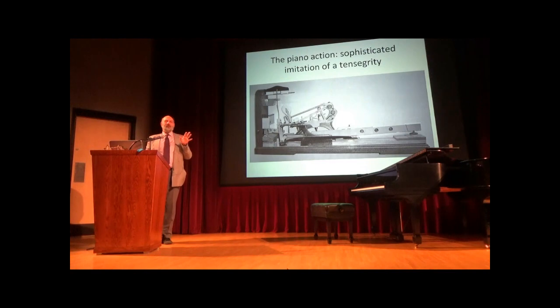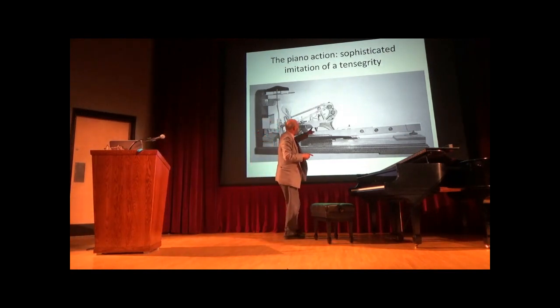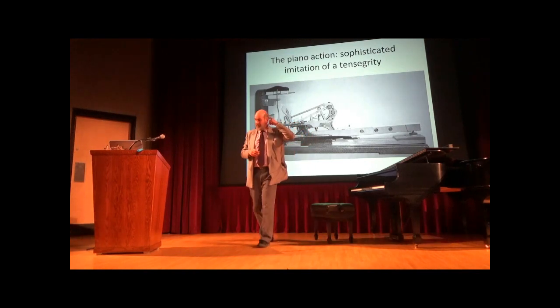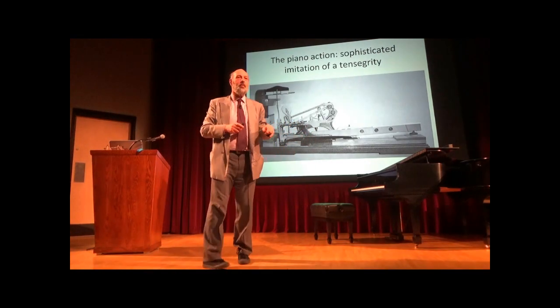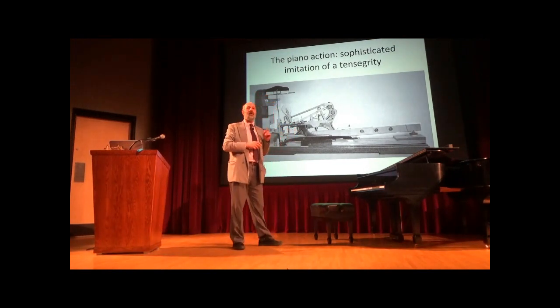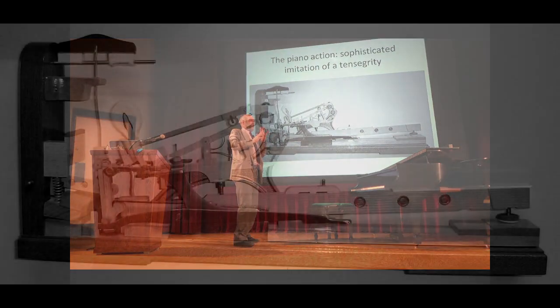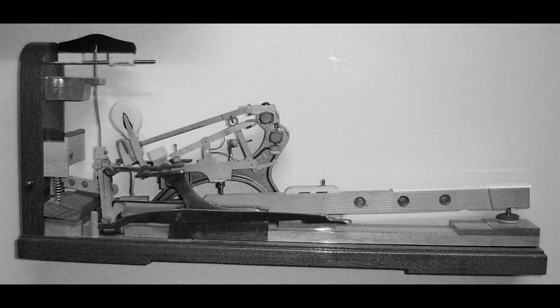Now, the piano action is not a simple lever. Look at how complex this thing is. I was presenting at a conference with a bunch of physicists and engineers, and they told me that when they really took a look at this thing, they figured it's one of the most complex mechanisms they've ever come across. They were really like, oh my God, this is...